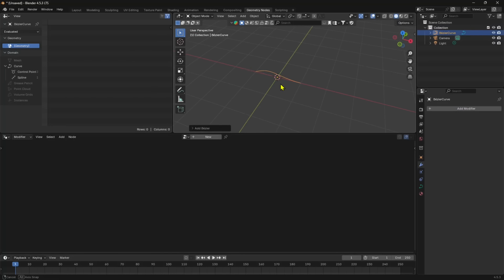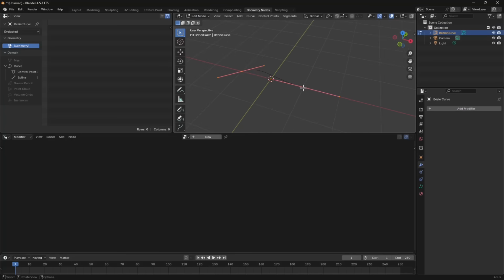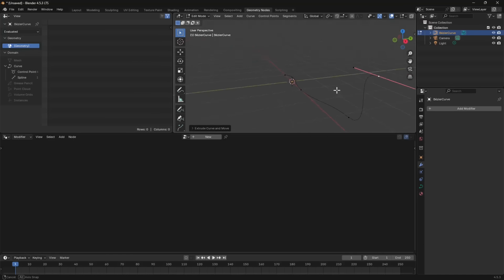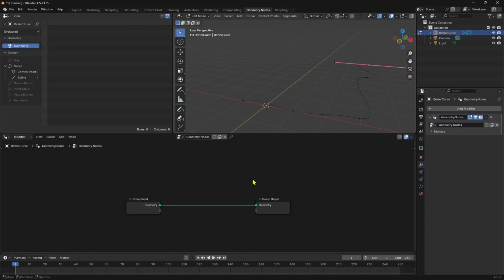So I'm going to go to edit mode. I'm going to make this curve a little bit bigger by extruding. So I'm going to press the E key, or you can right click and extrude and move. And I'm just going to move it around a little bit, it doesn't matter. And so let's create a new node